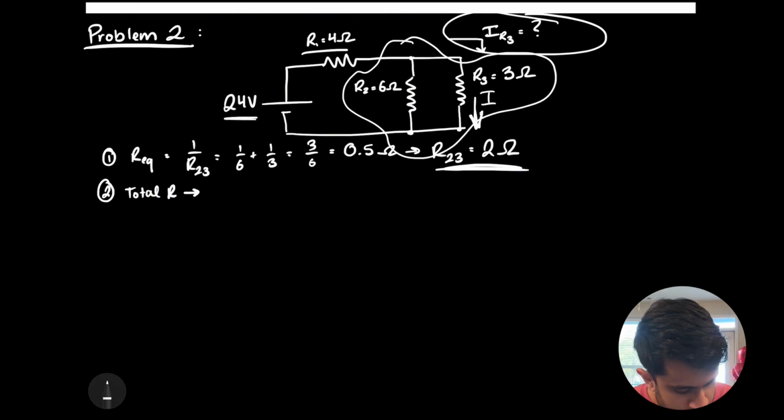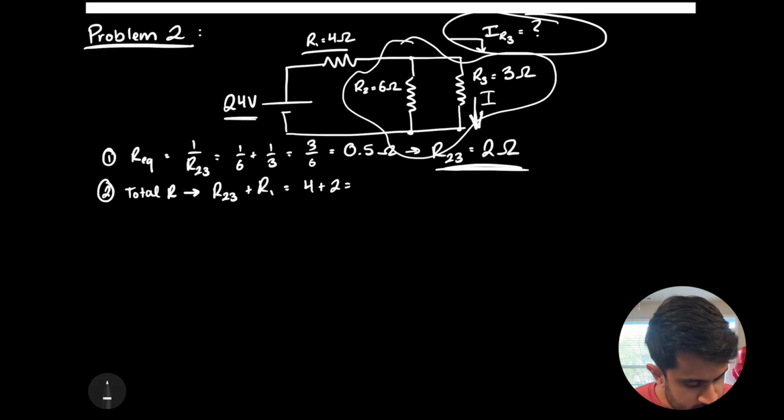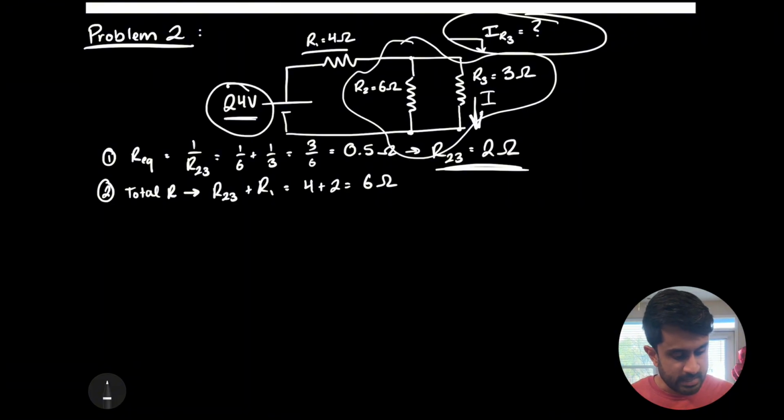That is going to be R23 plus R1, which is 4 plus 2, 6 ohms that we've calculated. Now we can plug and chug this into Ohm's law. What we don't know in this case, since we have the voltage of the circuit and we have the total resistance, all we need to do is simply solve for the total current within the circuit, meaning step 3, Ohm's law